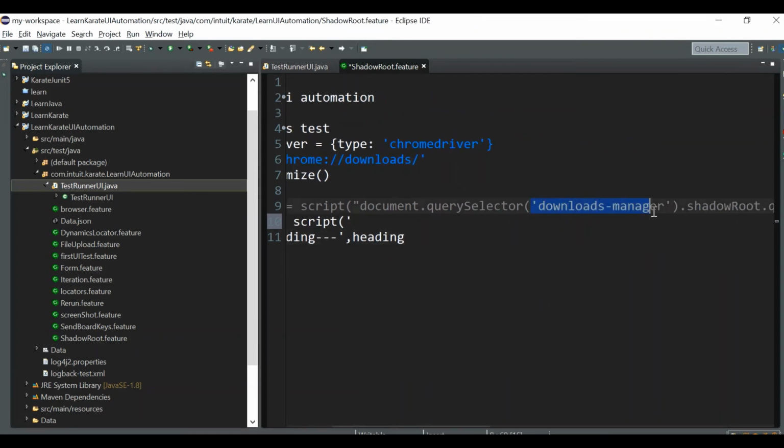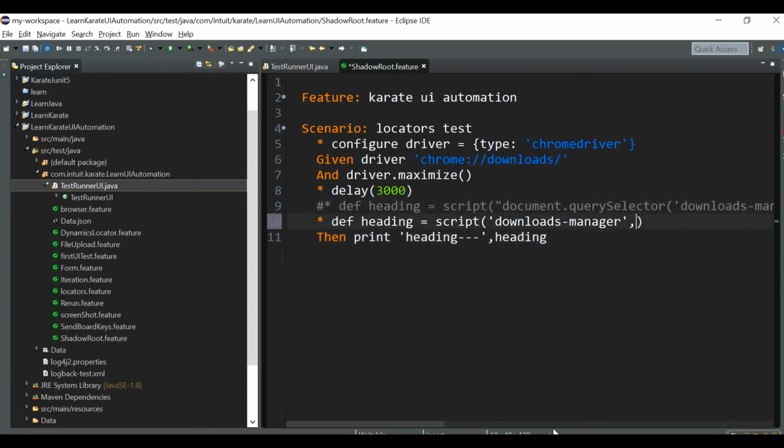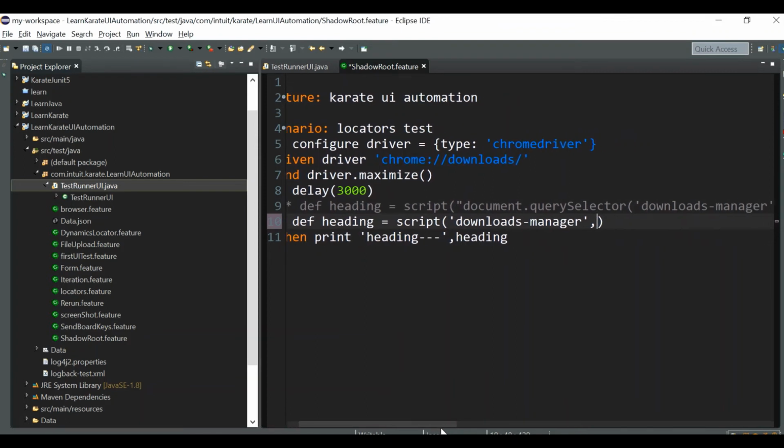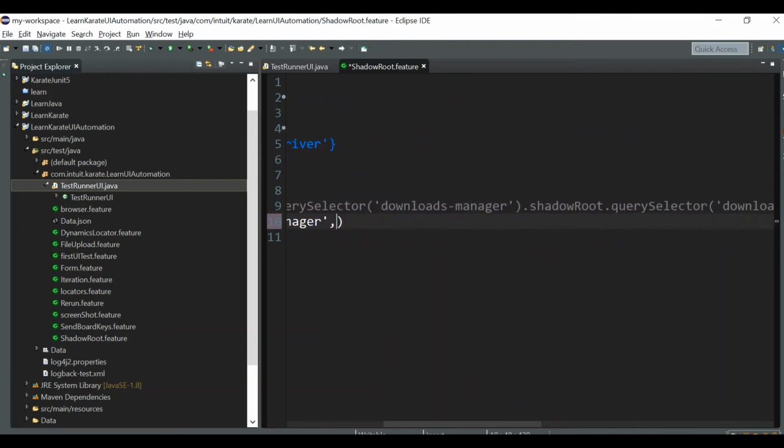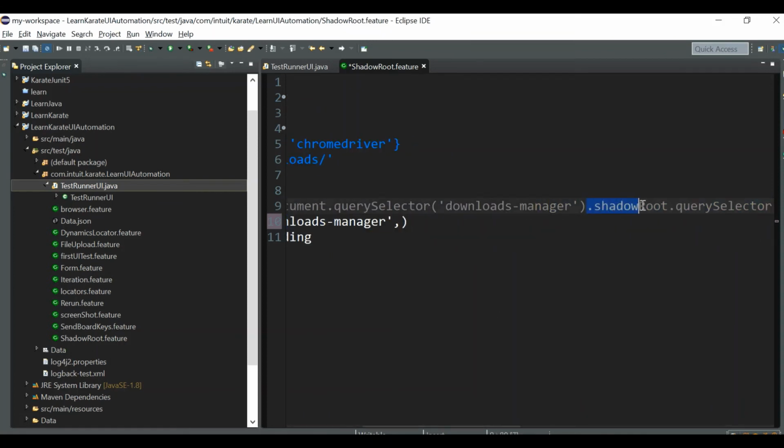We have this locator, downloads manager, that we can pass here as the first argument. And the next argument should be, now that we have reached the downloads manager, you can take it from here, dot shadow root